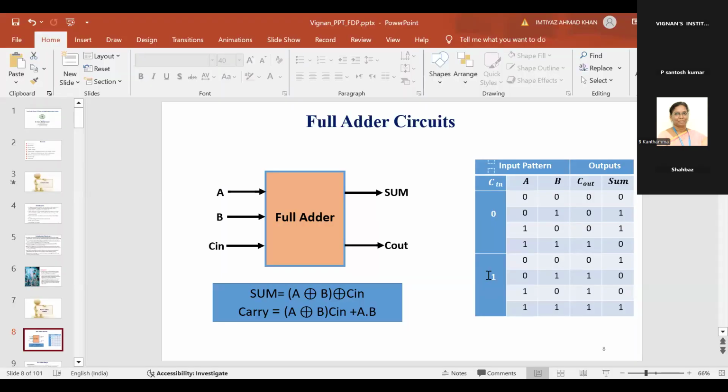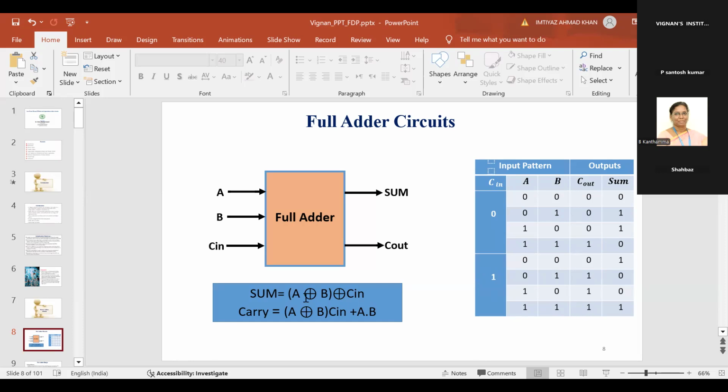Carry in from back side. When A and B are 0, 0 and carry in is 0, then output sum is 0 and carry out is 0. But when A and B are high, both are high because of carry 1, C out is 1 and sum is 0. But when Cin is 1, if either A or B is 1, then carry is 1, otherwise it is 0. But when A and B are both high and carry is high, then both C out and